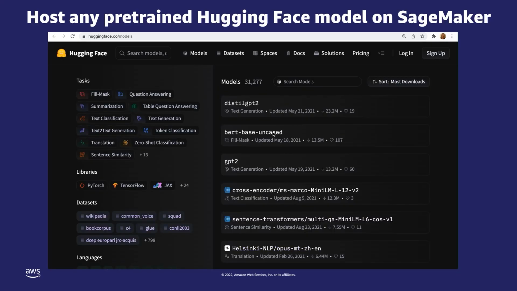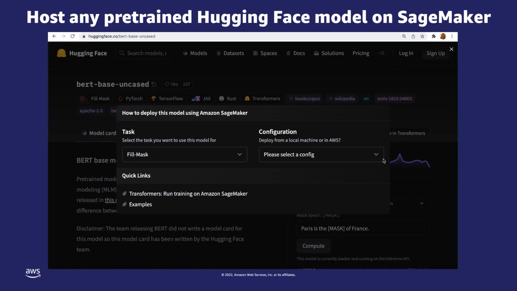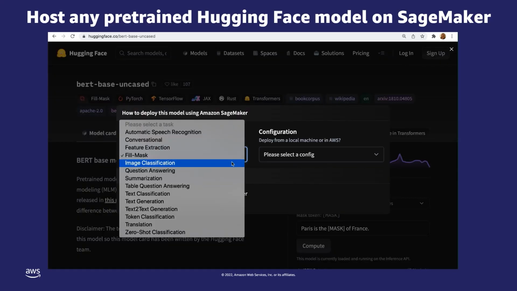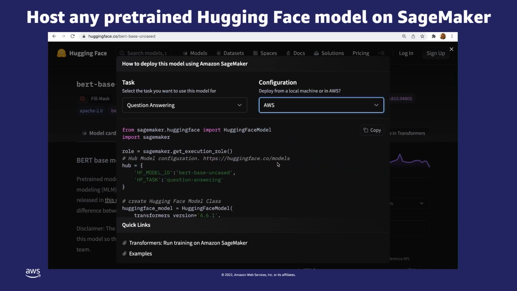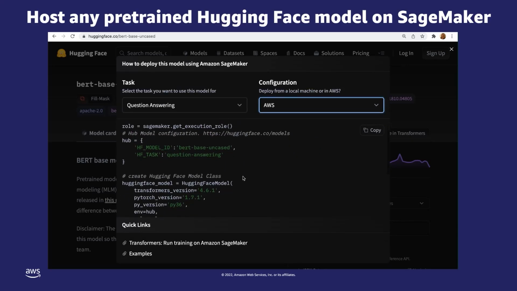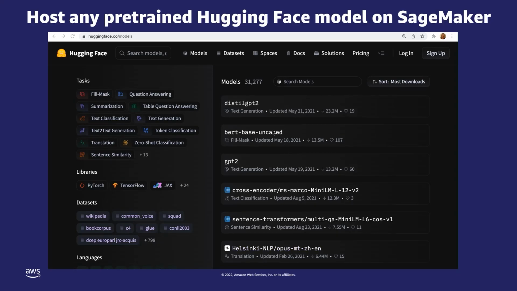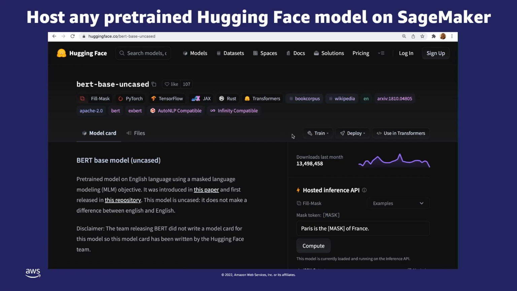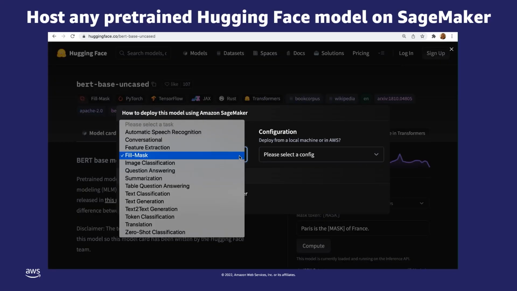The way we're going to do this, just as we're seeing here, is go to Hugging Face Models, and then pick your model. This one is a BERT-based uncased that I was testing around with. Then we click on Deploy, and then Deploy via SageMaker, and then we pick the task. Whichever task you are most interested in, we'll select, and then we'll just pick AWS, and make sure you copy that config code. It's going to define your model, the model ID, the tokenizer, the task, and then it actually uses the base Hugging Face inference.py script. So Hugging Face is fully managing the inferencing in that case. Again, it's running on SageMaker, but it's using that inference script from Hugging Face.